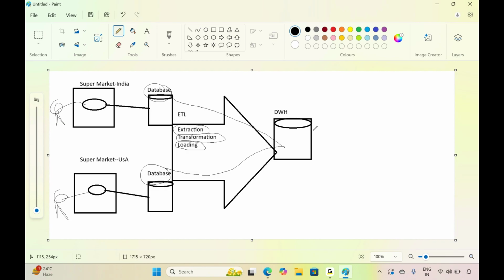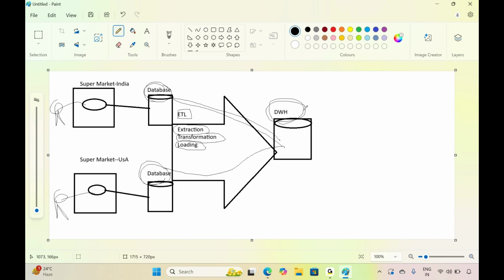Okay. Why do we need to do this ETL? Because the data we have inside this database here is not proper data. You need to perform some data cleaning and data transformation, and consolidate all the data into one particular place over here. So we need some ETL services to process the data. We need some storage services to store the data.